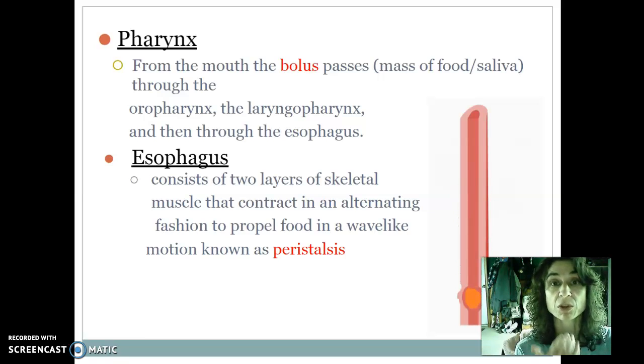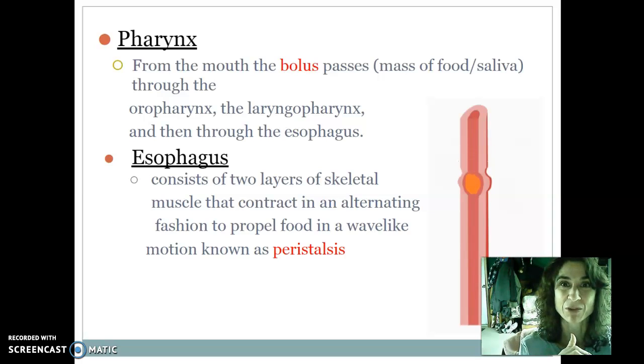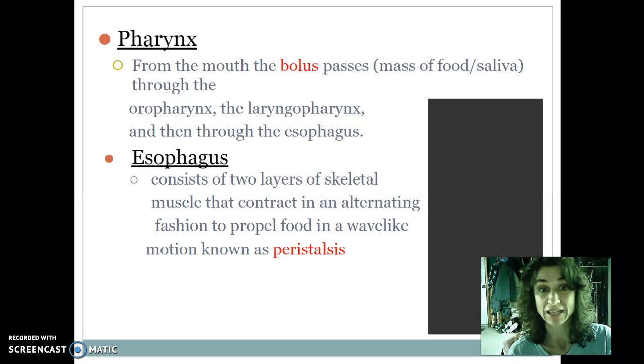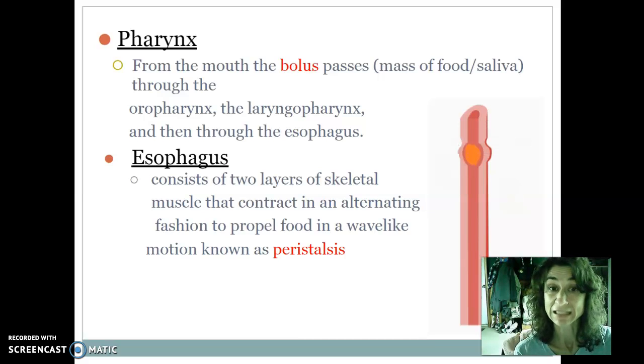So it's going to go through the oropharynx, down through the laryngopharynx, and then into the esophagus. Okay? The epiglottis is going to cover the flap to the trachea, therefore making sure that the food goes directly into the esophagus, which will take it down into the stomach. Okay? So the esophagus then